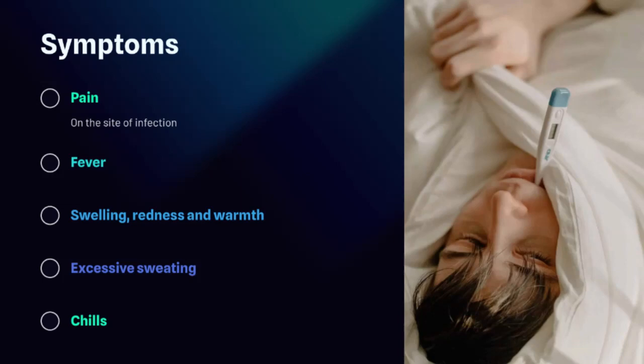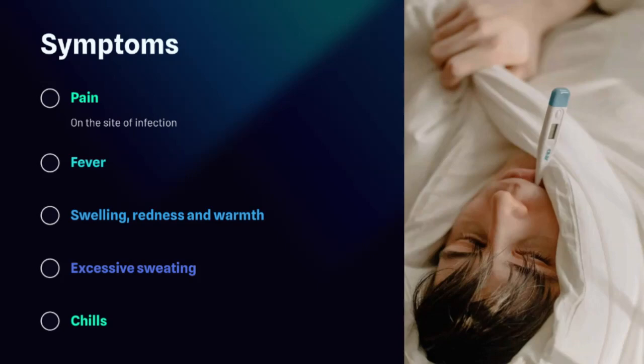Pain serves as a primary indicator of osteomyelitis, typically localized to the site of infection. Patients often describe a deep, throbbing discomfort that intensifies with movement or pressure, signaling the presence of underlying bone involvement. Accompanying this pain is often the hallmark trio of systemic symptoms: fever, swelling, and redness. The body's immune response to the infection manifests as localized inflammation, resulting in warmth and erythema over the affected area. Additionally,